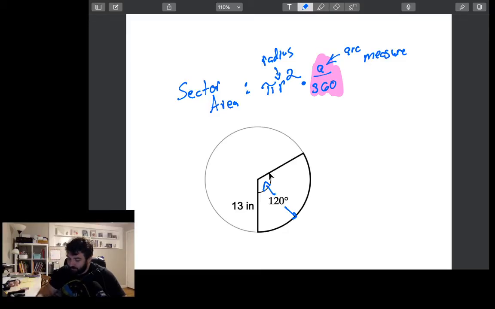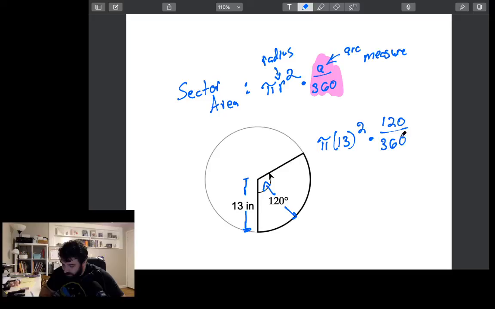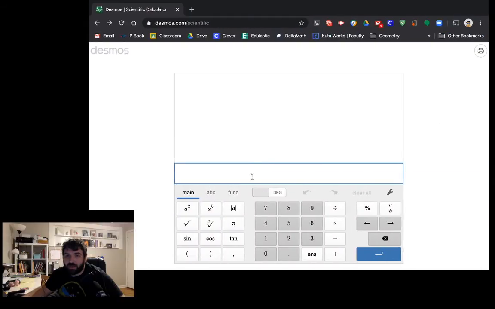So I'm just going to take and plug in and go. My radius, as is labeled here, is 13 inches, and I've got 120 degrees. So we'll go pi times the radius, which is 13, square that, times 120 over 360. That's taking the information directly in and just plugging it in. From here, we're going to go straight into our handy-dandy calculator,